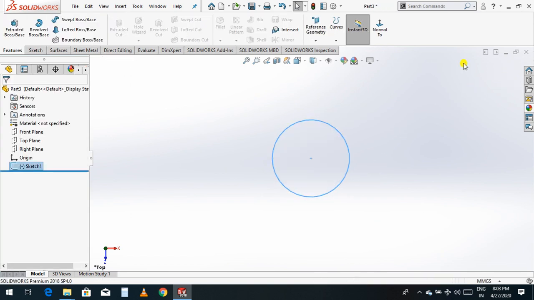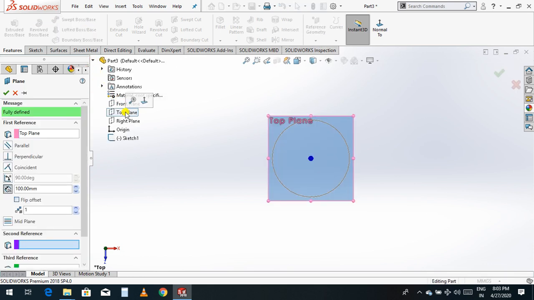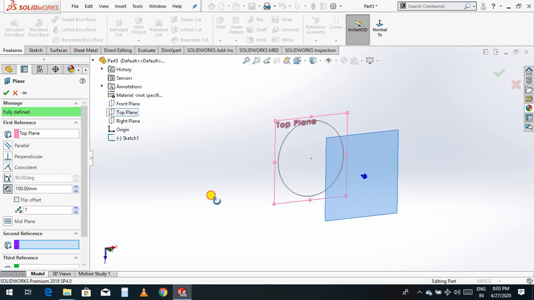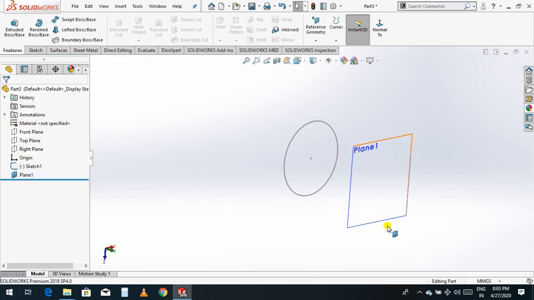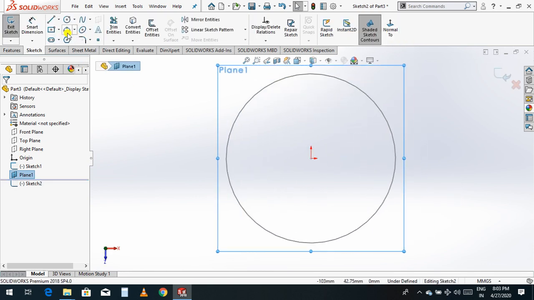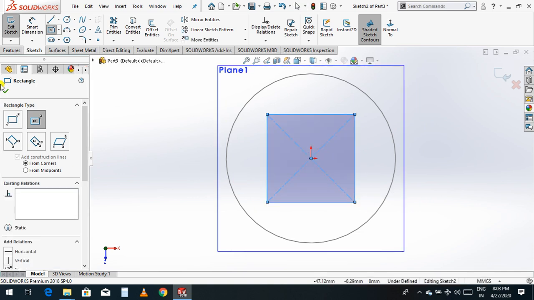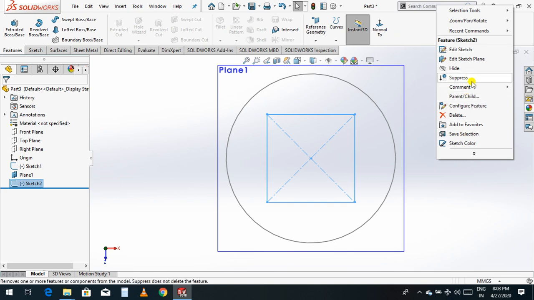Okay, now you make one plane from the top plane, and you can give a distance of 100. Now select this plane, sketch, normal, and make one square rectangle like this. Okay, exit the sketch. Now just rotate.